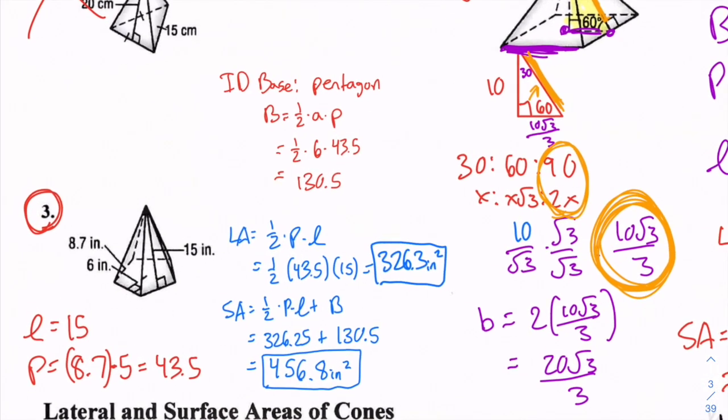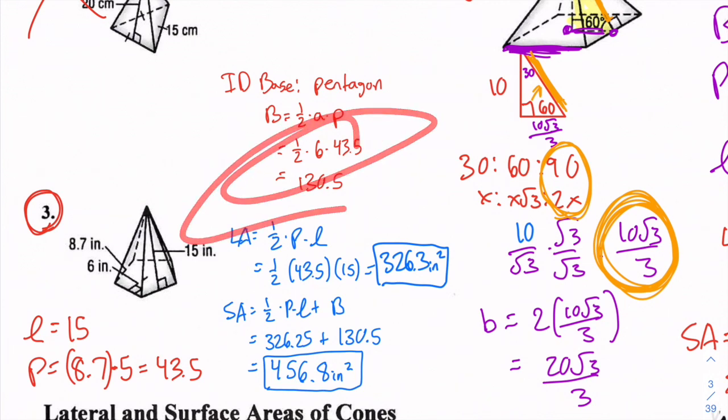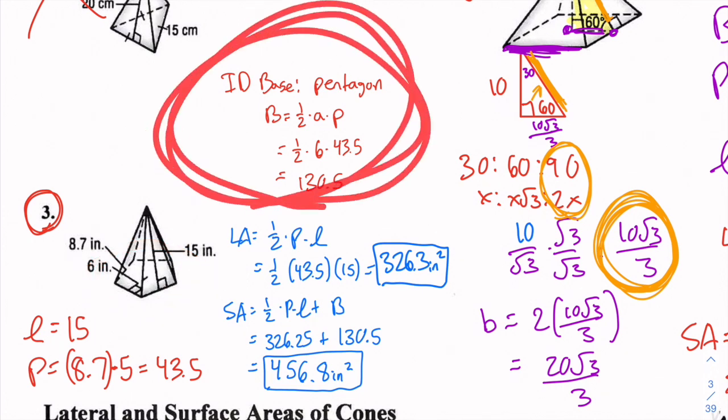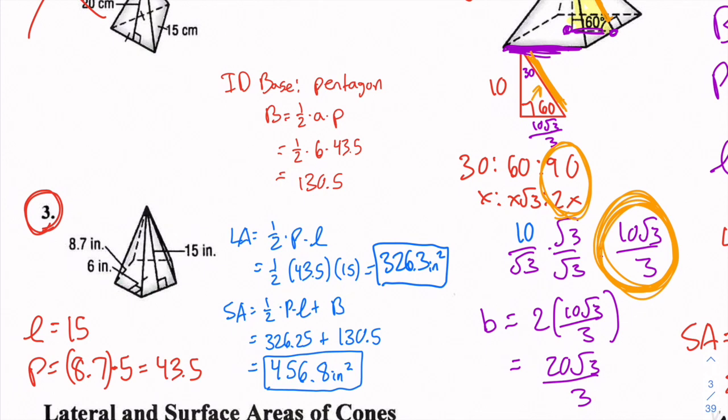Alright guys, so let's check your answers here. Just you can follow along. Okay, so key step, identify the base. That base here is a pentagon. As we call back the formula for polygons, which is 1/2 times apothem times perimeter. Okay, and just looking at the information, they actually gave you everything you needed. The point of this problem is to get that little throwback for the formulas for regular polygons. Okay, your apothem